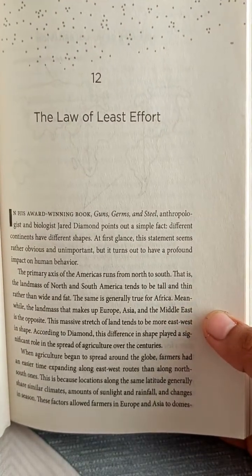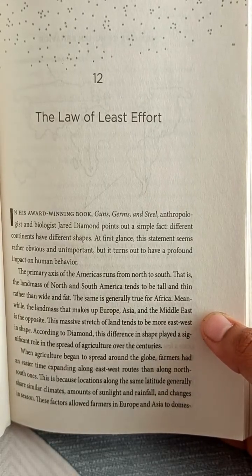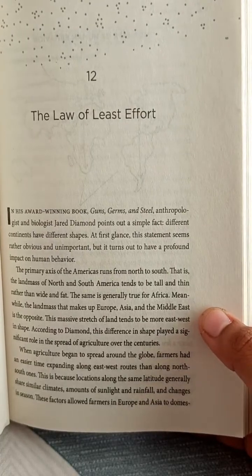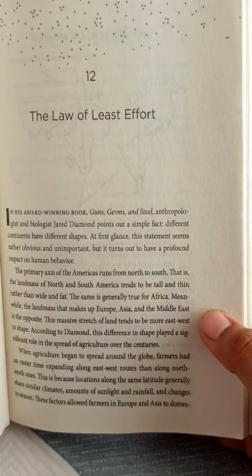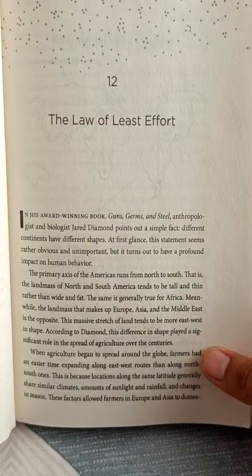The Law of Least Effort. In his award-winning book Guns, Germs, and Steel, anthropologist and biologist Jared Diamond points out a simple fact: different continents have different shapes. At first glance, this statement seems rather obvious and unimportant, but it turns out to have a profound impact on